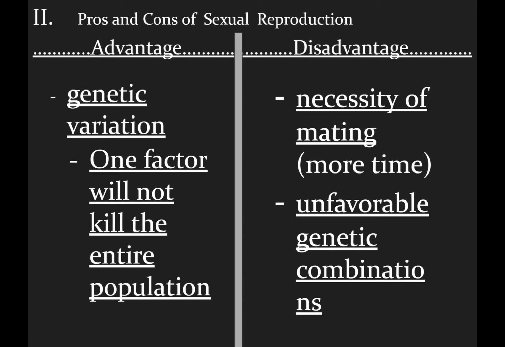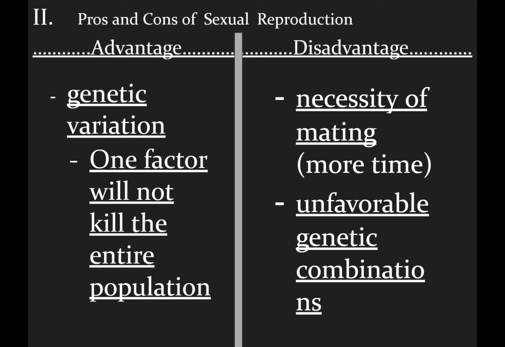So, think if everybody had the exact same DNA, and your parent cell had the DNA code that causes cancer. What would happen to the rest of the population? Everybody would most likely be affected by that cancer and potentially die. So this is why genetic variation is good. If you don't have genetic variation and there's something faulty in the DNA, then whatever kills one person will kill everybody else. Now here's a disadvantage of it.